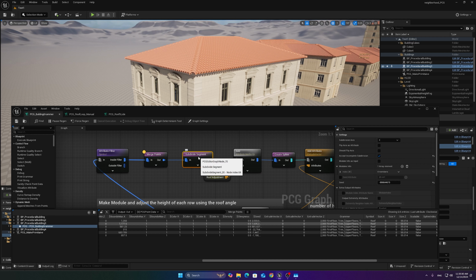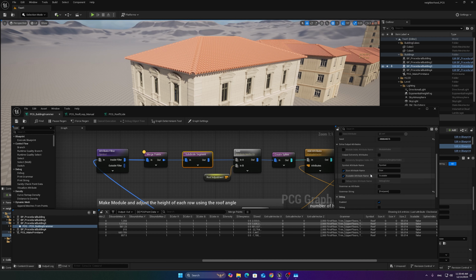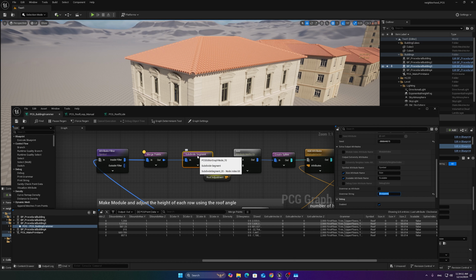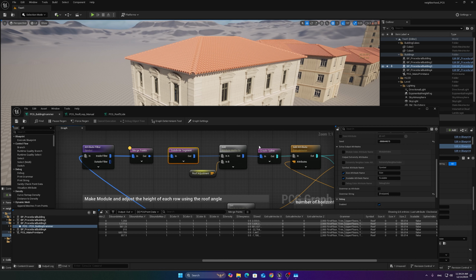Next, we have subdivide segment, and we're using this node to convert the point into a spline, and I'm doing this by making a module that is first point, and the size is very small, and the grammar is just place one first point. This will place a point at the very start of this segment, so it's going to be right at the control point, and that's going to allow me to convert the point back to a